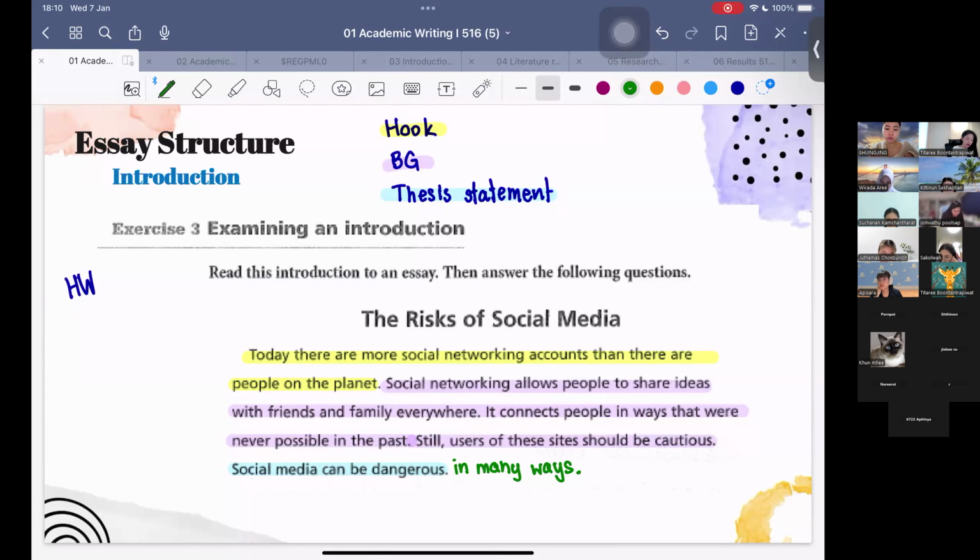So this one is the indirect thesis statement, indirect TS. Or let's see, to give you a choice, if you want to write a direct thesis statement, just to give you an example, let's say making this indirect one a direct thesis statement. It can be something like social media